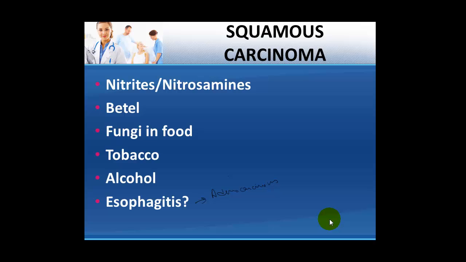Apart from alcohol and tobacco, poverty, caustic esophageal injury, achalasia cardia, Plummer-Vinson syndrome, frequent consumption of very hot beverages, and previous radiation therapy, which mainly involves the mediastinum, can also be important risk factors for the causation of squamous cell carcinoma. Some countries which have a high incidence are Iran, Central China, Hong Kong, Argentina, Brazil, and South Africa. That would be for your information. HPV, human papillomavirus, has also been implicated in the causation of esophageal squamous cell carcinomas.